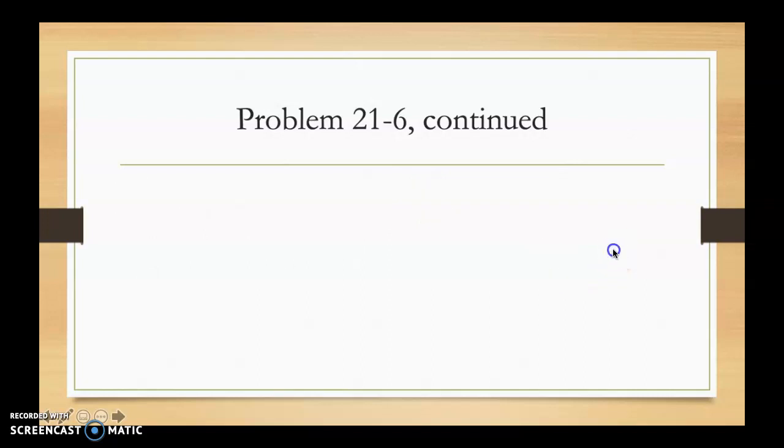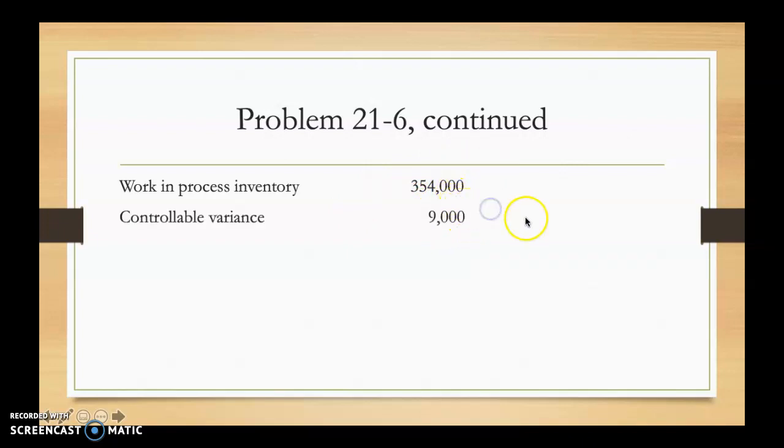Finally, the last journal entry is going to start with a debit to work in process inventory. Again, this first one is going to be a plug, so let's get the other numbers up here and then I'll explain how I got this number. We are going to record the unfavorable controllable variance of 9,000 as a debit, and then the volume unfavorable variance of 12,000 as a debit as well. And then that factory overhead of $375,000 as a credit is going to go to account for the actual overhead